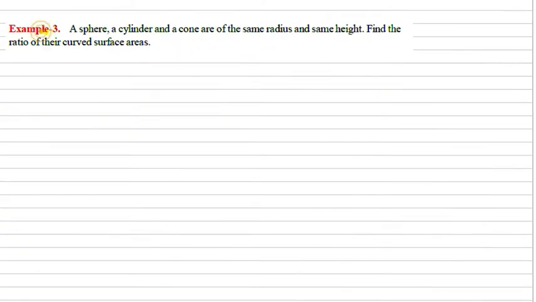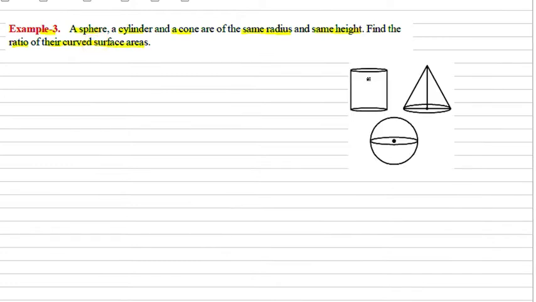Next, example 3. A sphere, a cylinder and a cone have the same radius and same height. Find the ratio of their curved surface areas. So here the cylinder radius is r, the cone radius is r and the sphere radius also will become r, and all the heights will become equal. So here we are going to find the